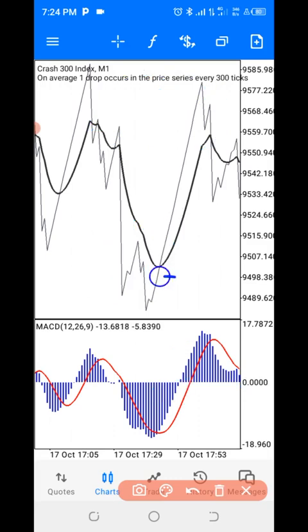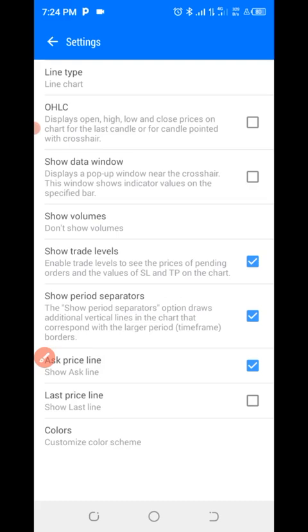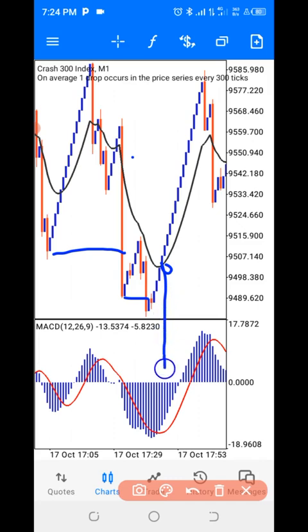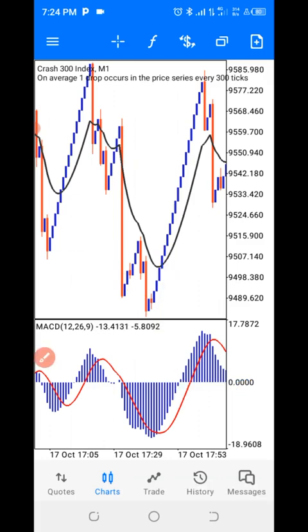So guys, let me go back to my candlestick chart so that we won't waste time. You can see this is our breaking market structure. So you enter here. As you enter, you can see that it is not yet at the zero level. So you can actually wait like 2 candles, and 2 candles will bring it up here. One thing is that your MACD might be slow, but to be on the safer side, wait for this line on the MACD to be above the zero level.